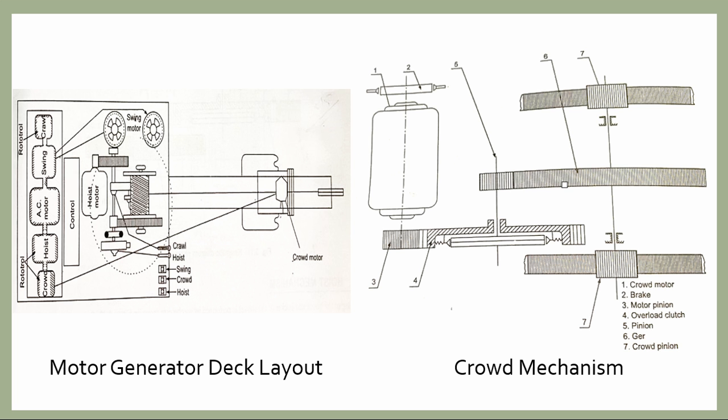In this way, power is transmitted from the pinion to the gear portion, and this gear then drives the two crowd pinions on both its sides, which finally reciprocate the dipper stick with the help of a rack